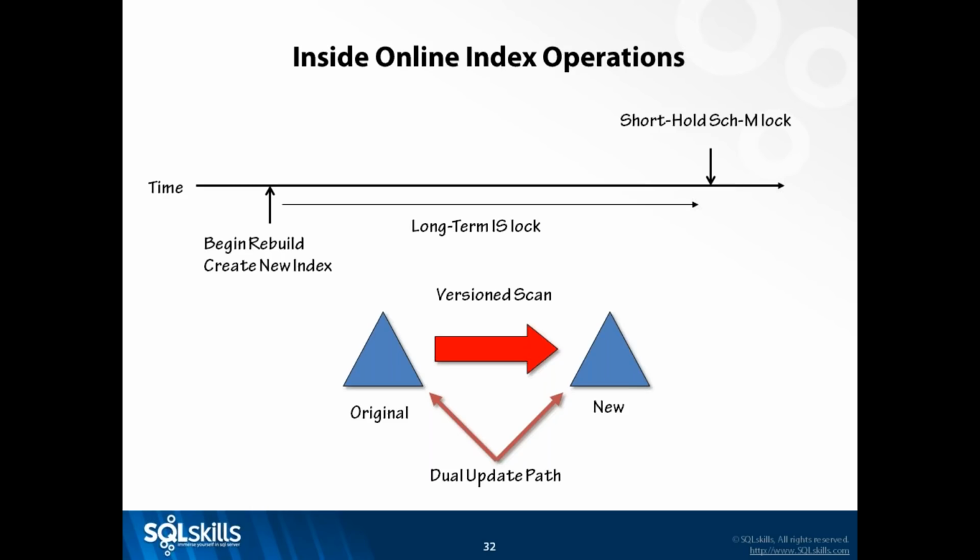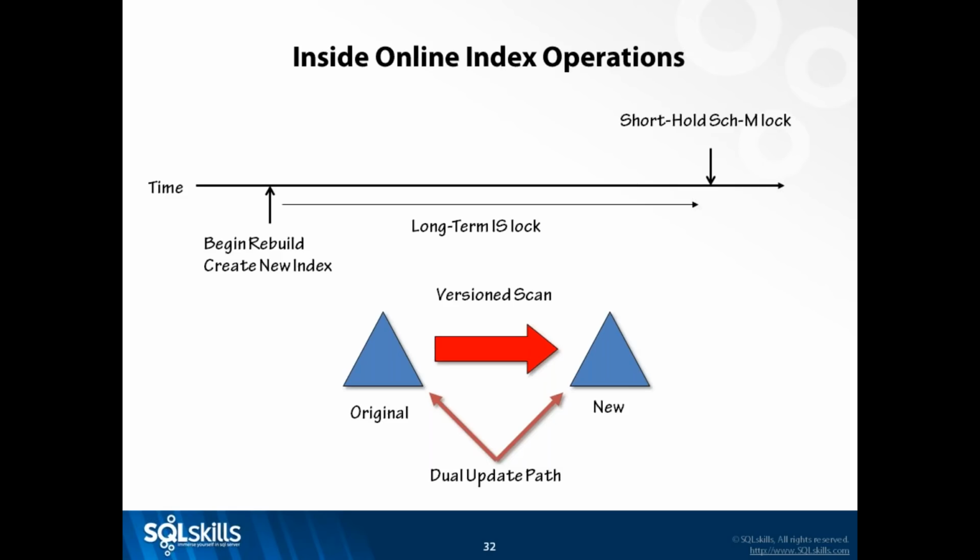Then it has to take a schema modification lock. We call this a super exclusive lock. It is not compatible with anything. So there is a point where there could be blocking here. Now I've said blocking. You can, on 2014 onwards, say WAIT_AT_LOW_PRIORITY, where you can say, I want my S lock and my schema modification lock to wait with low priority. I want other people to be able to jump over me. And at the end of a certain number of seconds, either do nothing, which is kind of pointless, or kill me, the index rebuild, or kill everybody else.